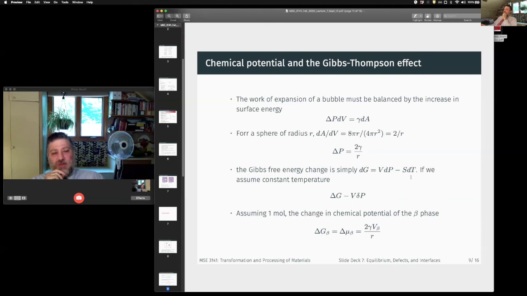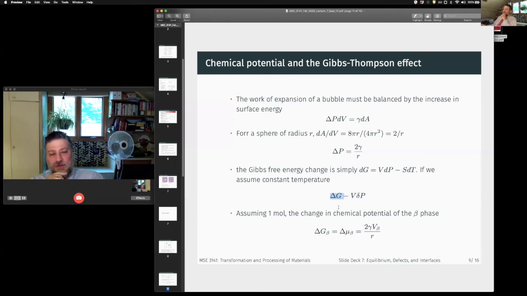And if we assume that we do this isothermally, our change in Gibbs free energy should be equal to V dP, or V delta P. So if we assume 1 mole,